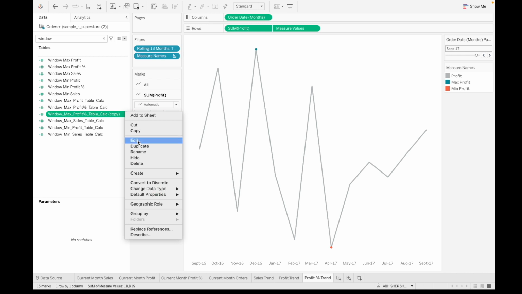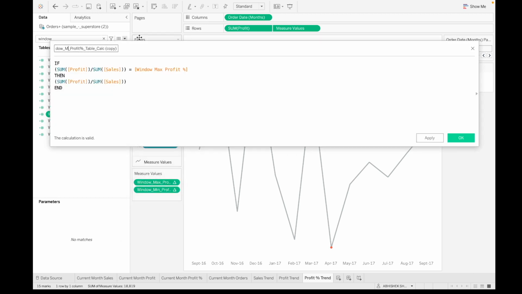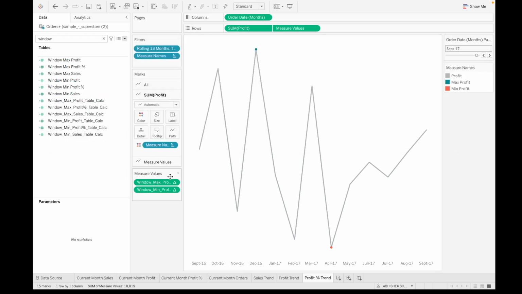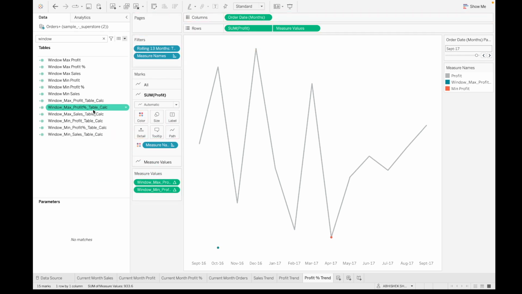Duplicate it. For minimum, window min, window min profit percentage. Now just drag these, window max profit percentage onto here, window min profit percentage onto here,